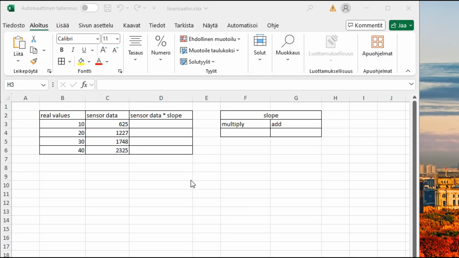I created a table that holds value pairs. The value on the left will represent the distance of the sensor. The value on the right will represent the sensor data. Our goal is to find out the mathematical function that will transform the measured data into the distance. We will calculate it here.